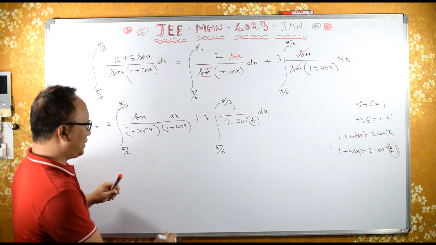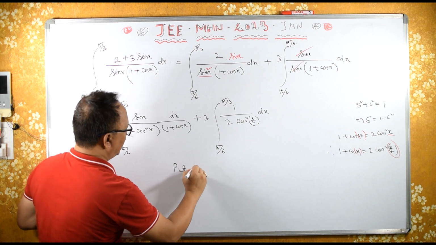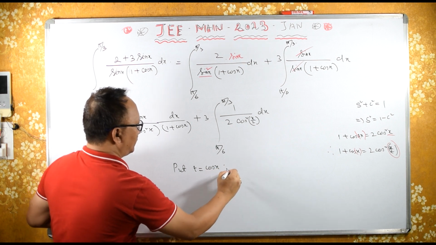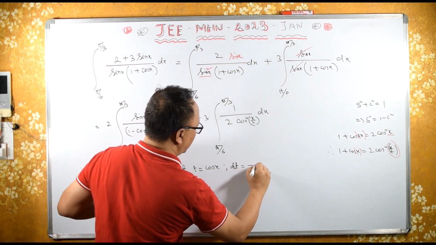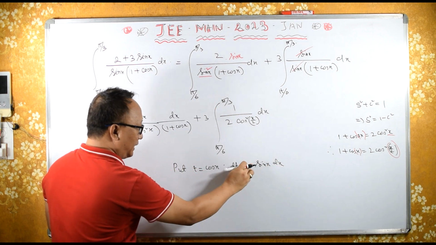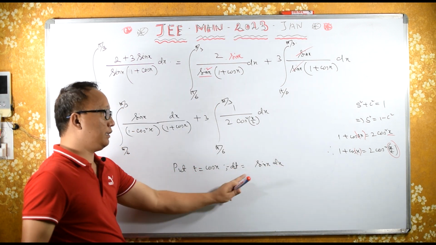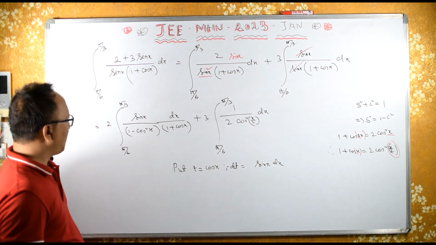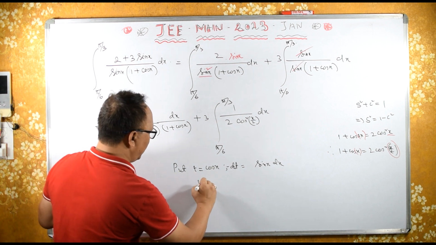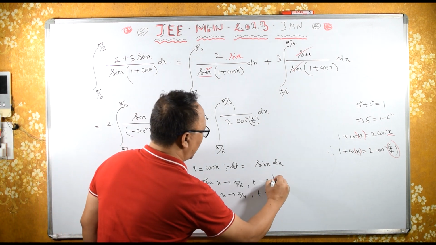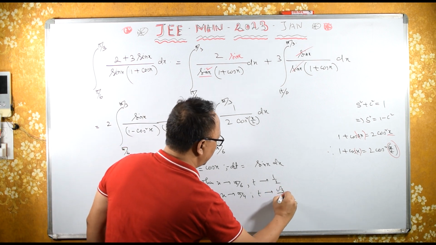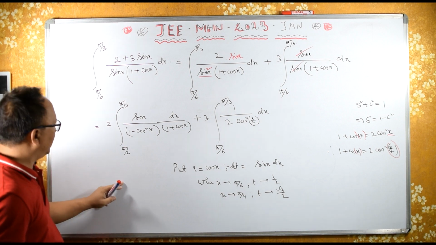This part let's substitute. Let t equal cos x. Then dt equals minus sin x dx. So I can send this minus here. Therefore minus dt equals sin x dx. Now let's substitute over here, and change the limits. When x tends to pi by 6, t tends to half. When x tends to pi by 3, it is root 3 by 2. Therefore these limits become,